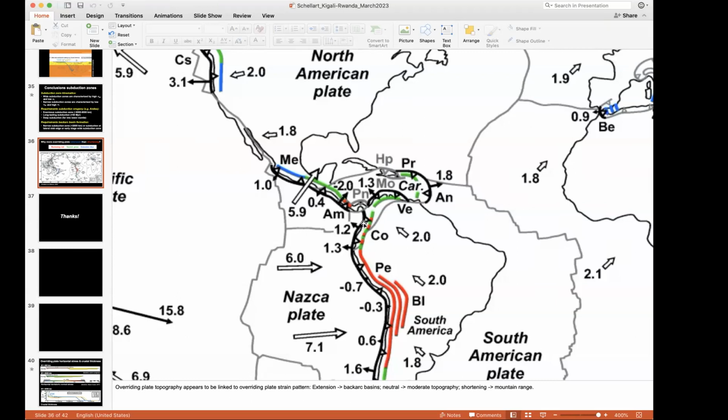Yeah, what I mean is that this is the northern end of the Nazca plate. It's a wide and old subduction zone, but at this point there is a triple junction between at least three plates: South America, Caribbean, and Nazca. There is some subduction when we see the Nazca plate,